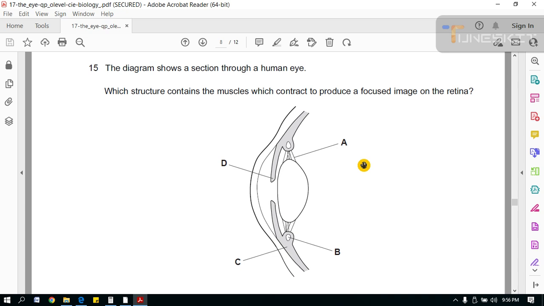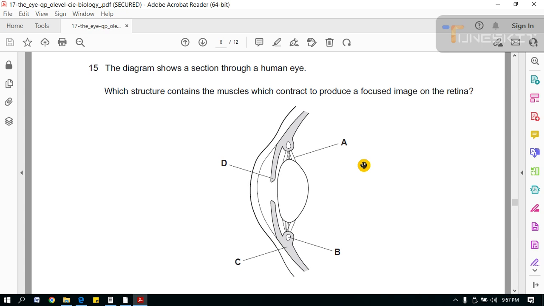Which structure contains the muscles which contract to produce a focused image on the retina? So when you see things which are close to you, the ciliary muscles will contract. So option B is correct here, because ciliary muscles will contract when you see things